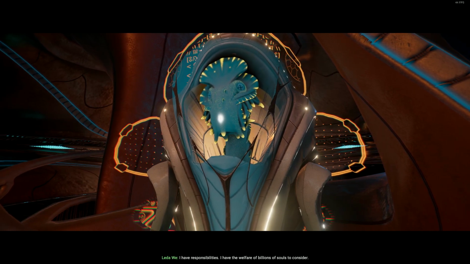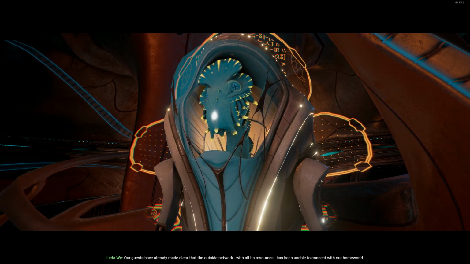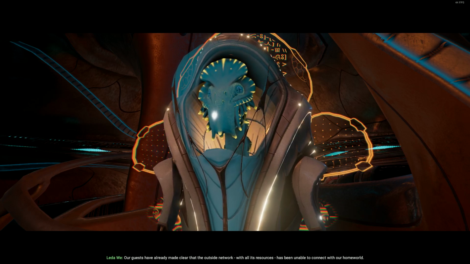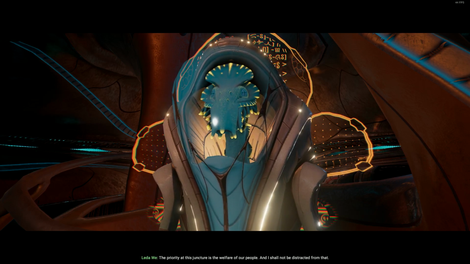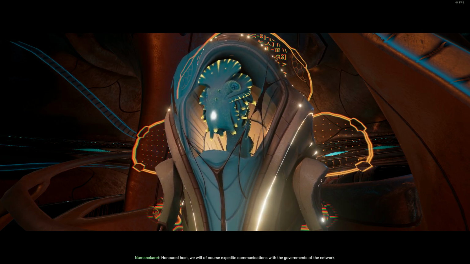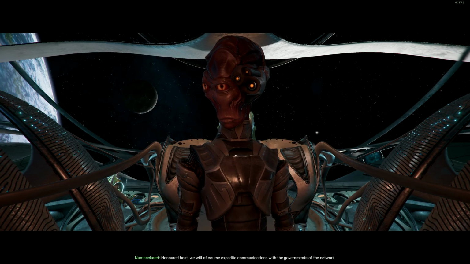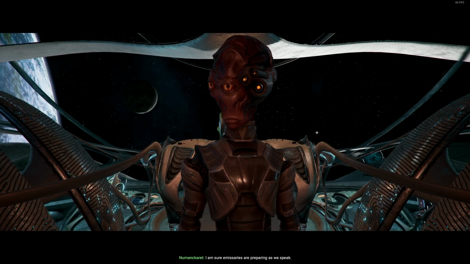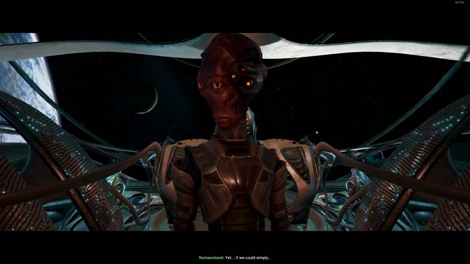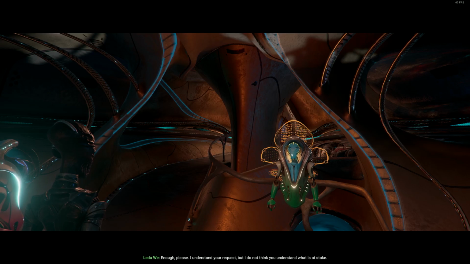I have the welfare of billions of souls to consider. Our guests have already made clear that the outside network, with all its resources, has been unable to connect with our home world. The priority at this juncture is the welfare of our people, and I shall not be distracted from that. Honored host, we will of course expedite communications with the governments of the network. I'm sure emissaries are preparing as we speak. Yet, if we could simply... Enough, please. I understand your request, but I do not think you are...